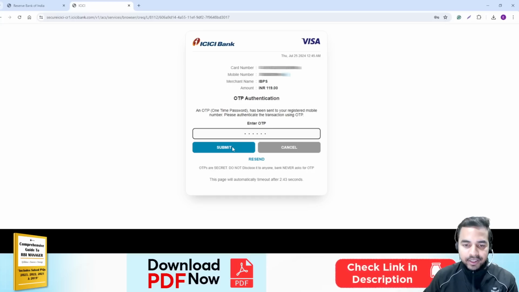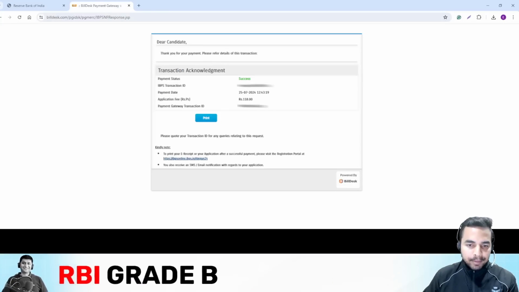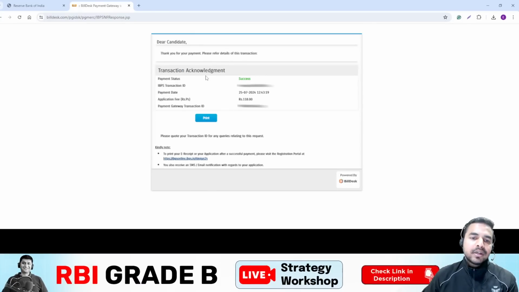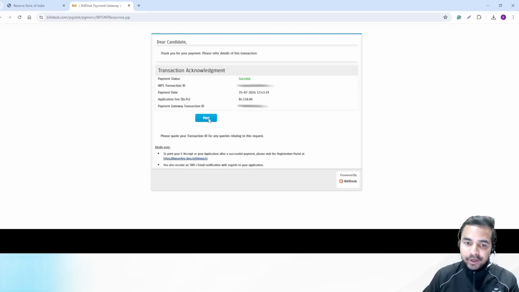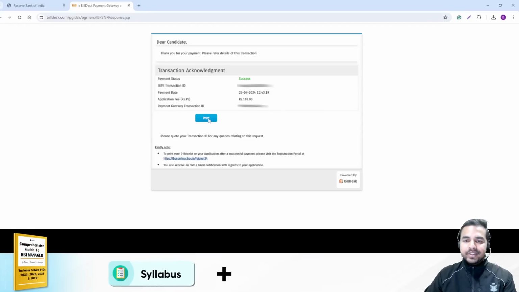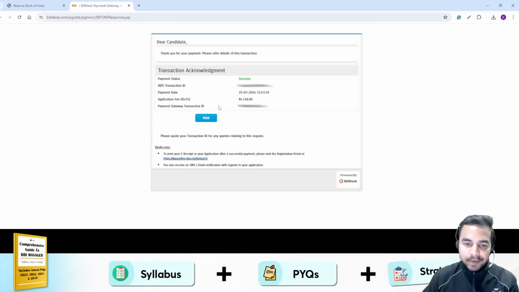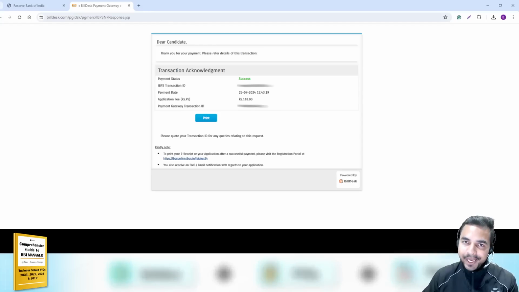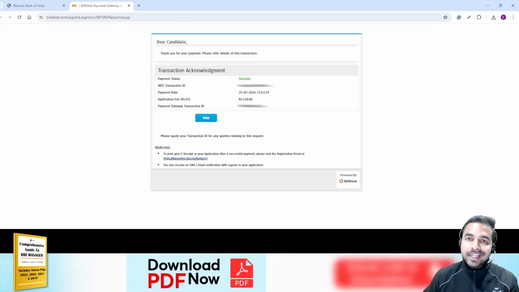So I have done this, I have clicked on submit, and you can see here that I have got my payment page, and it is saying that the payment status is successful. Now I am required to take the print of this particular PDF for my reference. ठीक है, तो reference के लिए हमें यहाँ पर इसका print लेना रहेगा. Make sure you are also taking the printout of this particular page to show that yes,